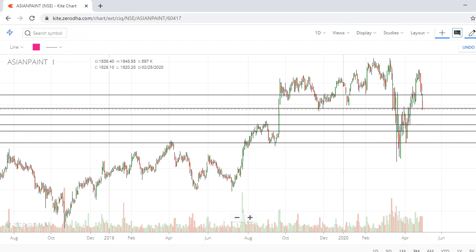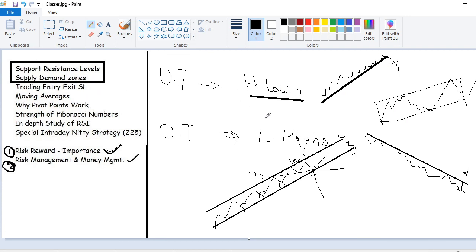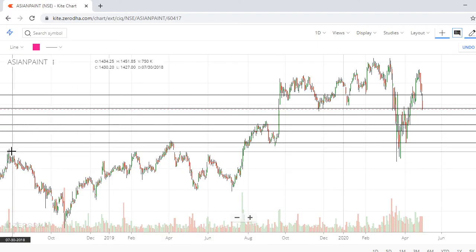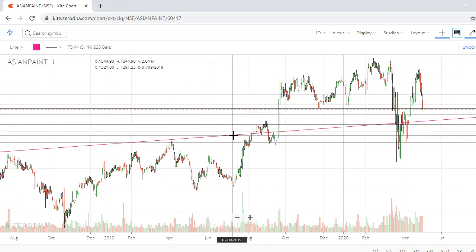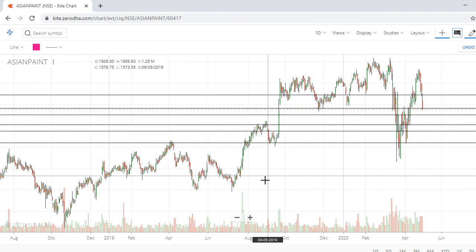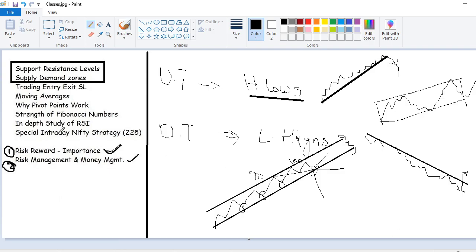So I conclude this. Today we studied drawing trend lines and channels, and in tomorrow's session also I will deal with the same thing: how to draw support resistance lines, trend lines, channels, and I'll show you more examples. The next session, the same class is going to be repeated with more examples and in a better way. Then the next level of drawing levels, how to use swing highs and swing lows and determine those things, and then we deal with trading entry, exit, SL.